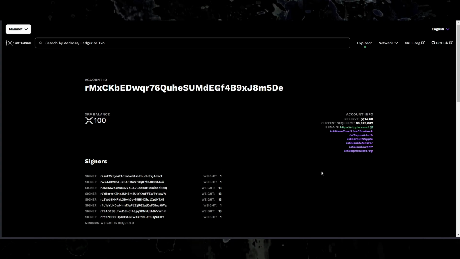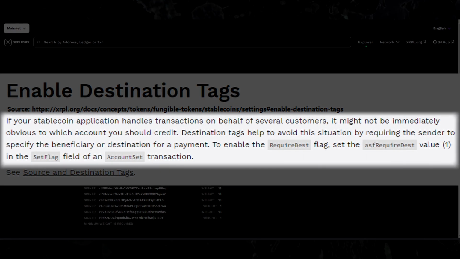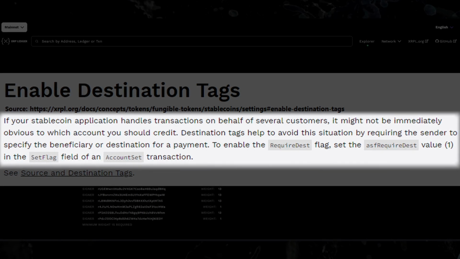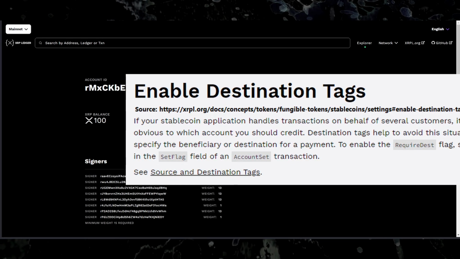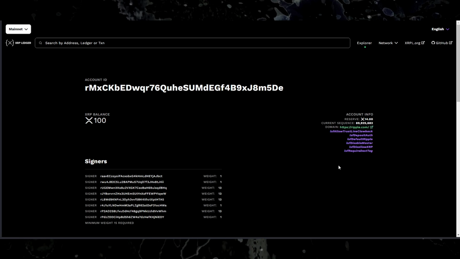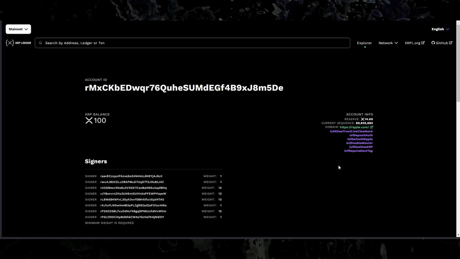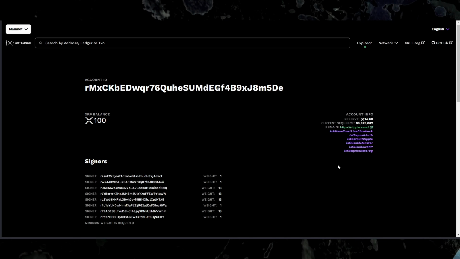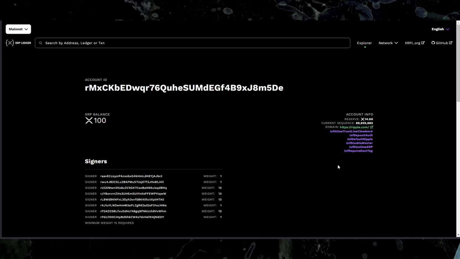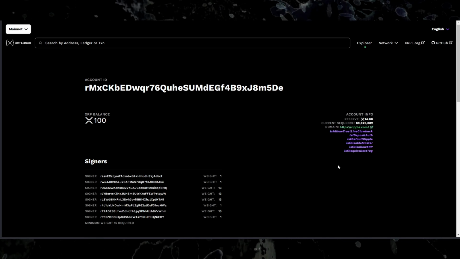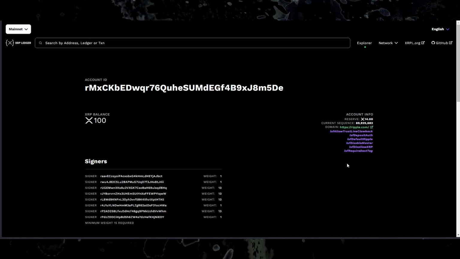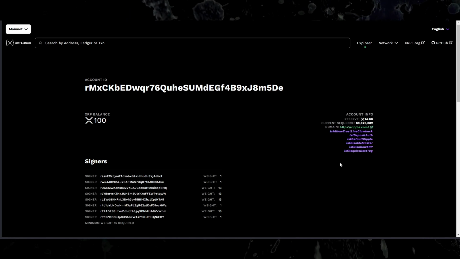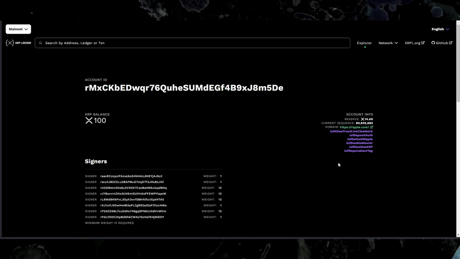We have also something called destination tags, which is a setting called require destination tag, which is something you should already know from all the exchanges, whenever you deposit funds into an exchange. Whenever you send Ripple USD tokens back to the issuing address, you will also need to add a tag or an ID so that Ripple is able to allocate the funds correctly to your account. Think of these tags like house numbers in a street that describe the owners of the houses.